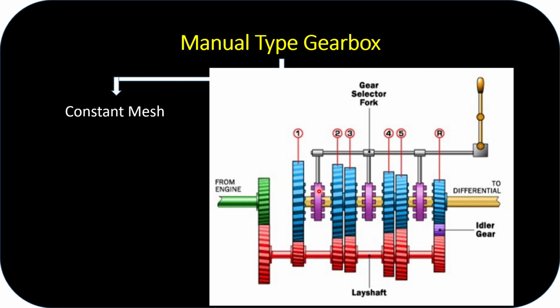So how we give the rotation to the output shaft is that when I want to select the first gear, I operate my lever to move the dog clutch to the first gear, so that this rotating gear comes in contact with this dog clutch. Both will rotate as a single unit. When the dog clutch is rotating, that rotation is given to the output shaft, and the output shaft also rotates. If I want to select the second gear, I move the dog clutch to the second gear, which is a smaller gear, so that we get a little bit higher speed and a little bit less torque.